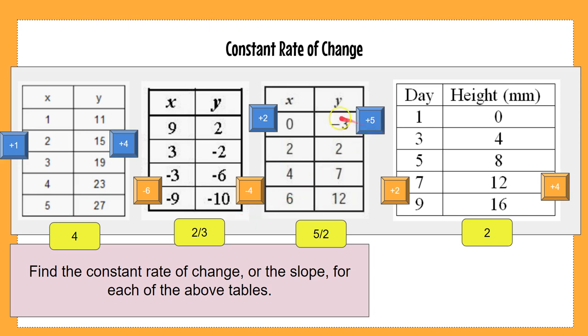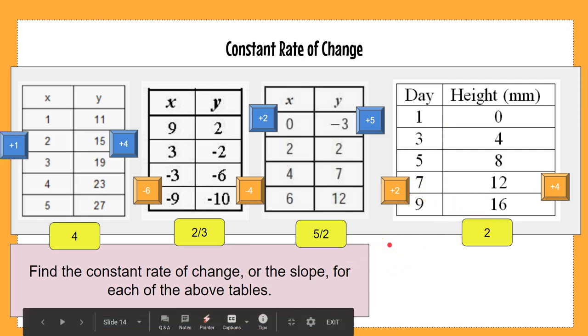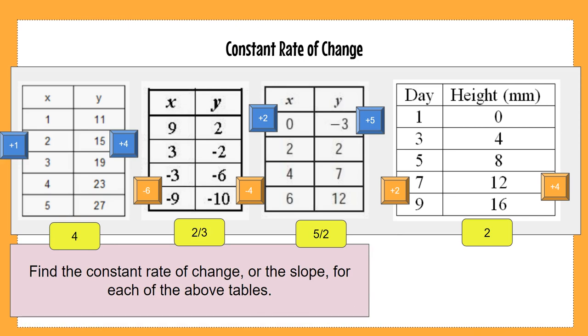All right, the third one, change in x is plus 2, change in y is a positive 5. So is it 2 over 5? No. Remember, we want to go change in y over change in x, so 5 over 2, and that doesn't simplify. And then the last one, change in y is 4, change in x is 2, and 4 over 2 is 2. All right. I hope that made sense. If it doesn't, you may want to go back and look at the examples we talked about before moving forward.